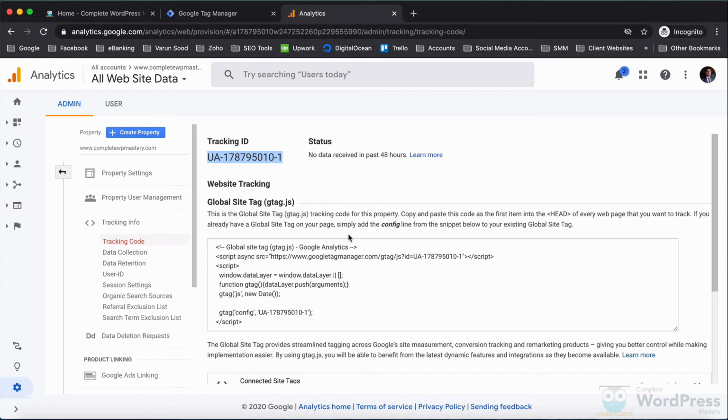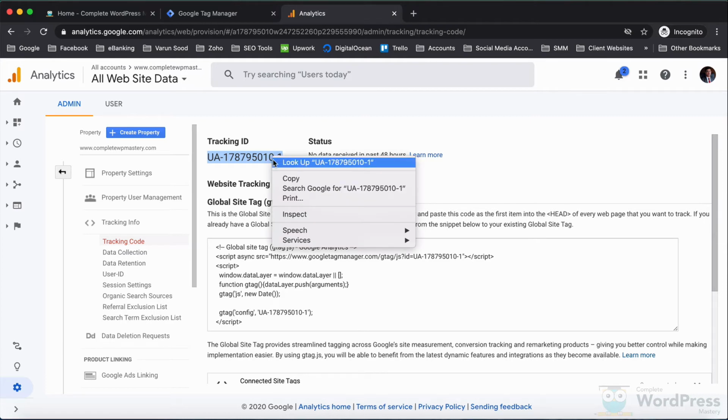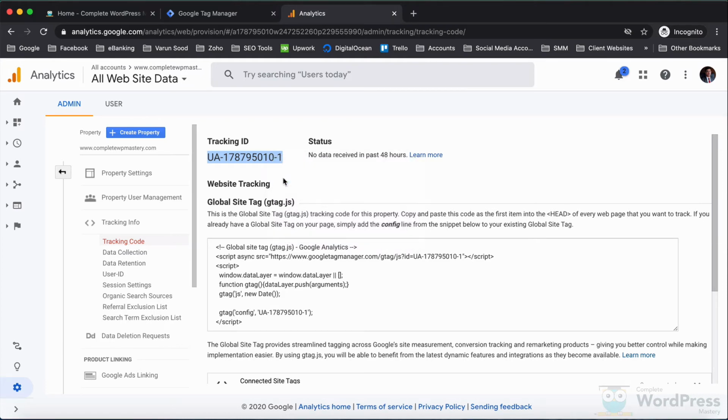You can also see a code snippet that you can embed directly into your website in order to set up Google Analytics. But we will not do that because we will make use of the tracking ID to set up Google Analytics using Google Tag Manager. Let's copy that, come to Google Tag Manager,